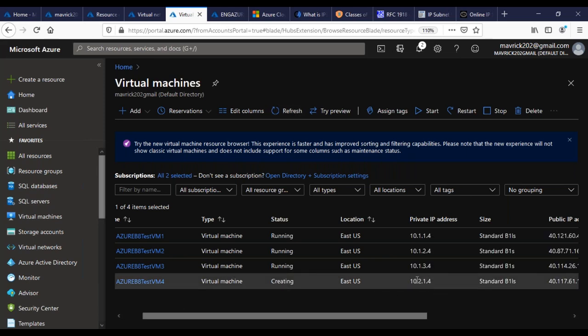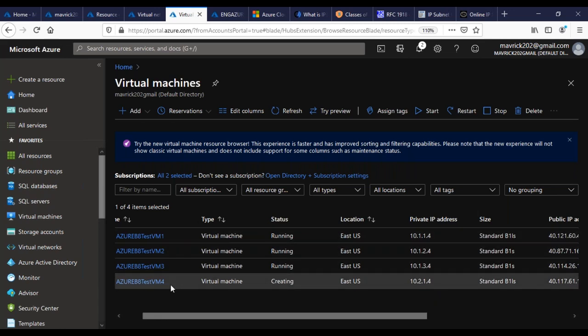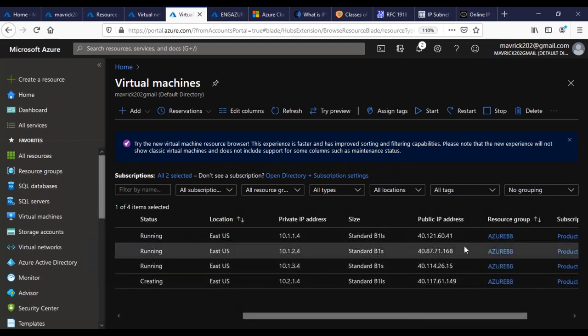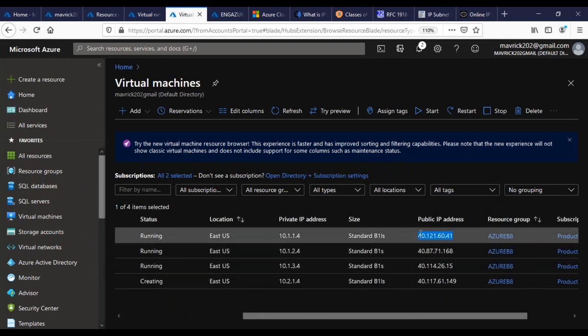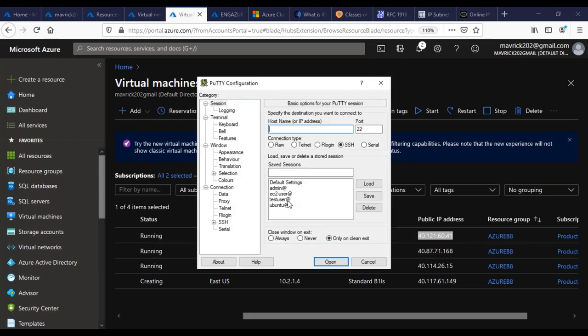Check it out. Now I'm going to log into test VM 1, and I also log into test VM 4. Then I'm going to test the communication between these two, whether it is working or not. Okay, anyway, first let me log in. See, this is a Linux server, guys. Earlier I showed you a Windows server, how you log in using RDP, but for a Linux server you require something called PuTTY, and the username is the one which I think I have given, Shri, right? I think so. No, test user, sorry, test user, guys.